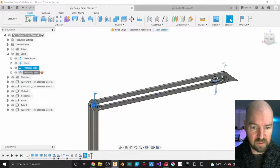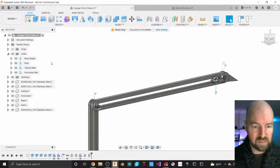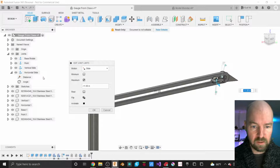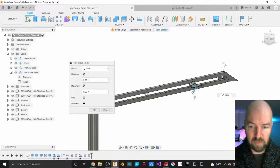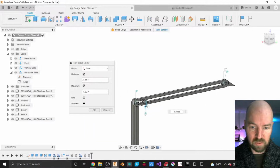Got some little dashed lines there, which is kind of weird. Alright, there we go. So I'm just going to move this back. Doesn't want to let me move it back. Maybe I don't want to have a minimum. I want to have a... Let's go ahead and set both. Minimum and a maximum. So...